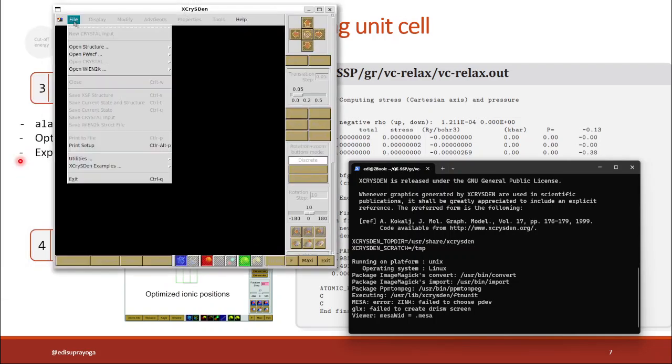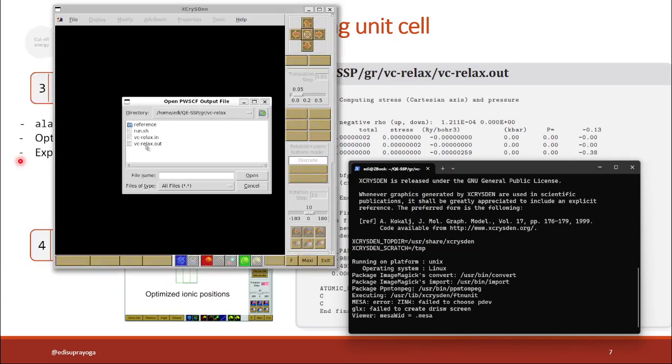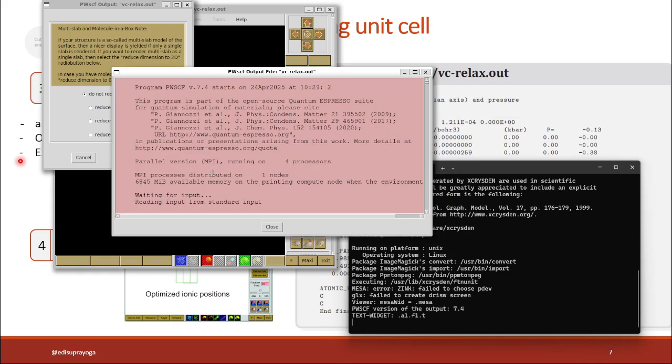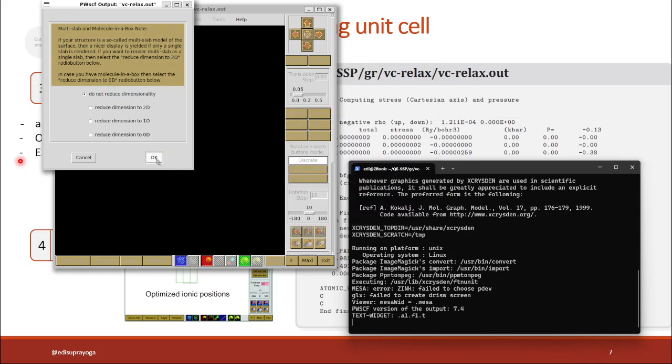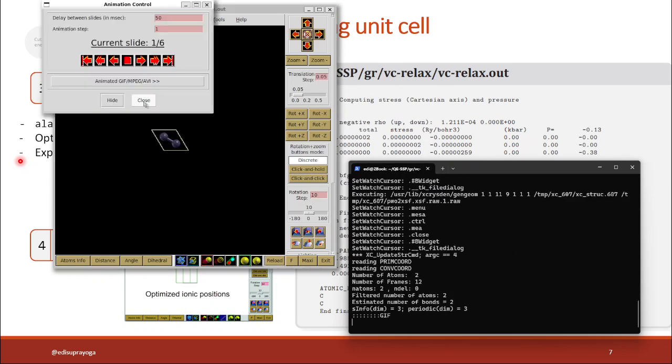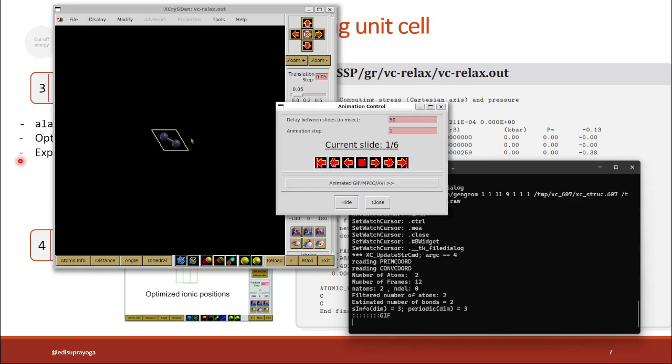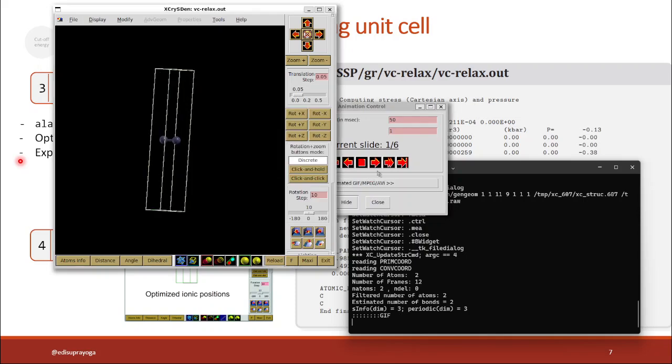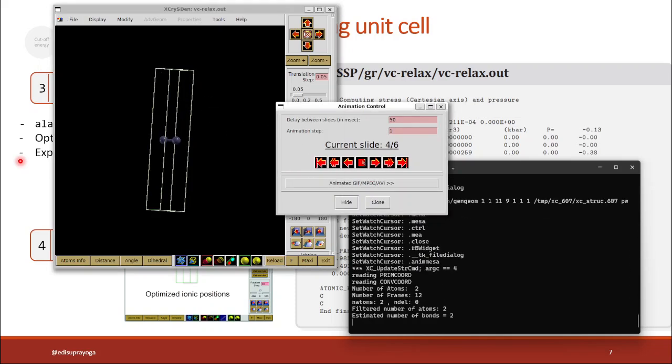Again, you can open the output file vc-relax.out and continue. You can see the animation.